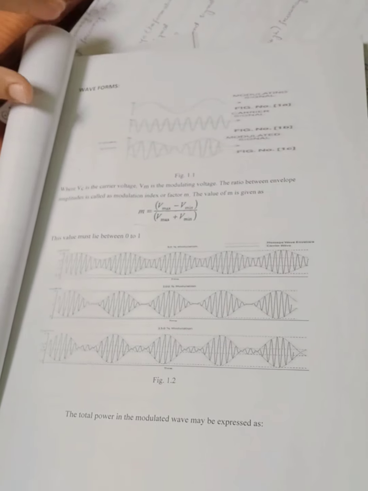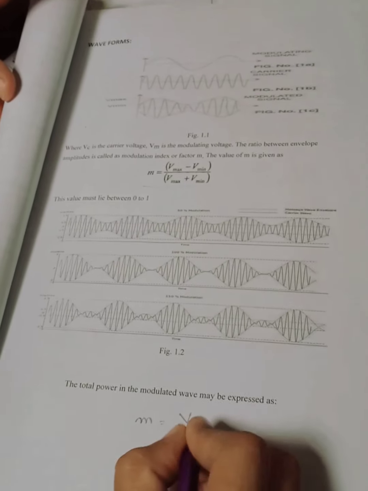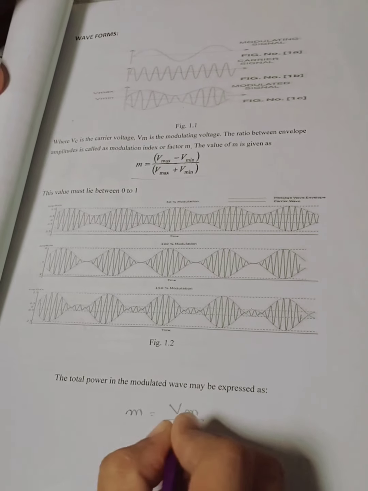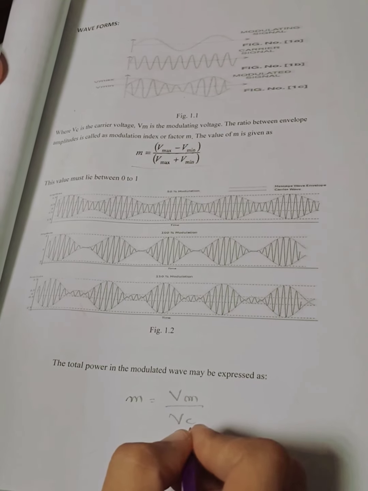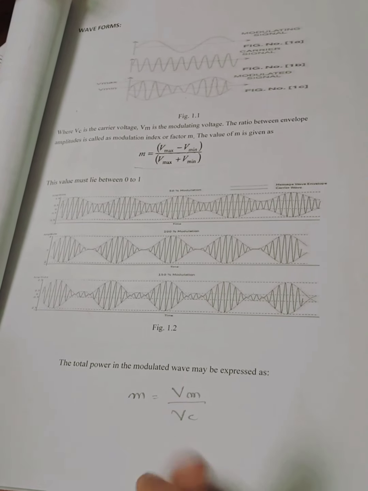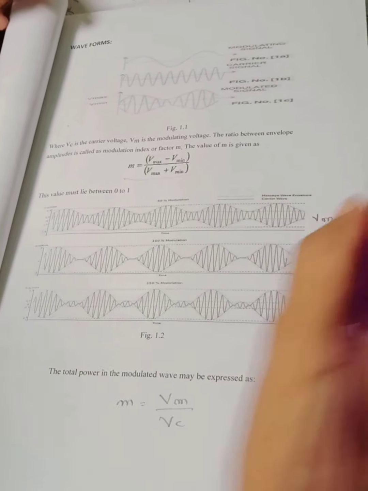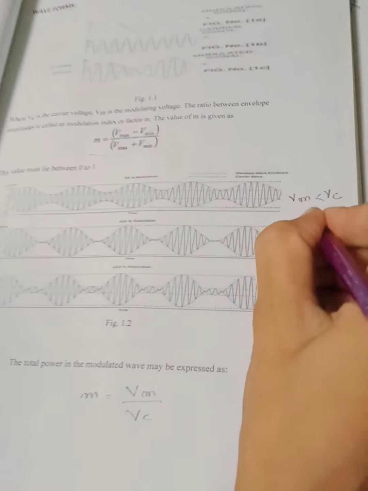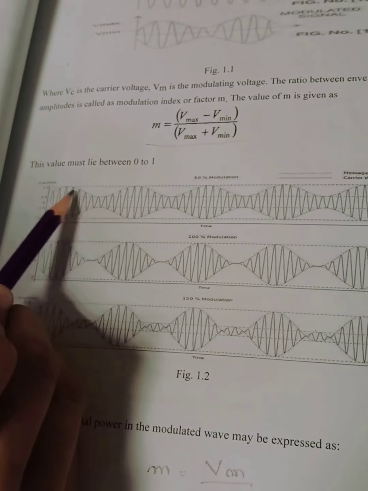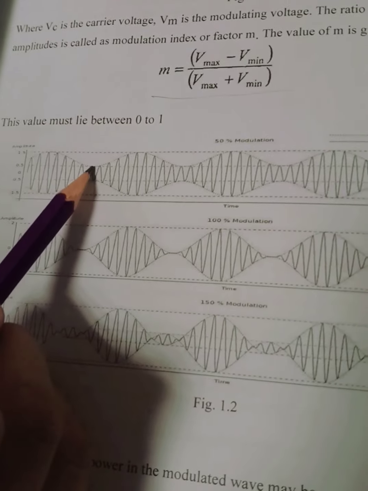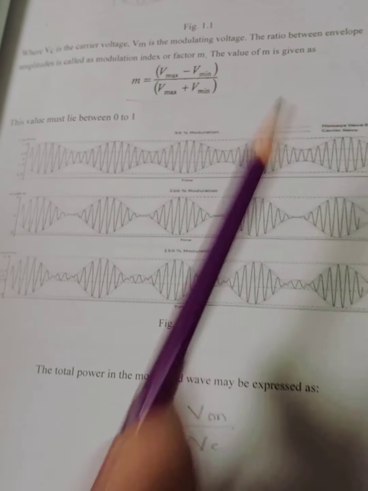As in theory, we have discussed the modulation index, that is actually the ratio of Vm over Vc. Vm is the amplitude of the message signal and Vc is the amplitude of the carrier signal. We have discussed three cases. If Vm is less than Vc, there will be m less than 1. So there will be a gap between these, and you will get the under modulated wave. This is the result of under modulation.